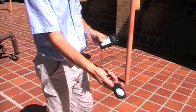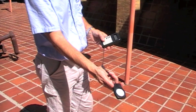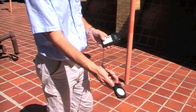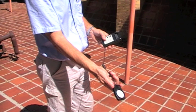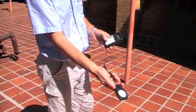The lux meter here has been taken outside to directly try and assess the level of light from sunlight. It's been set on a range so that we can measure outdoor lighting, and most light meters definitely need an adjustment because the light levels are much greater outside. And at the moment that's measuring around